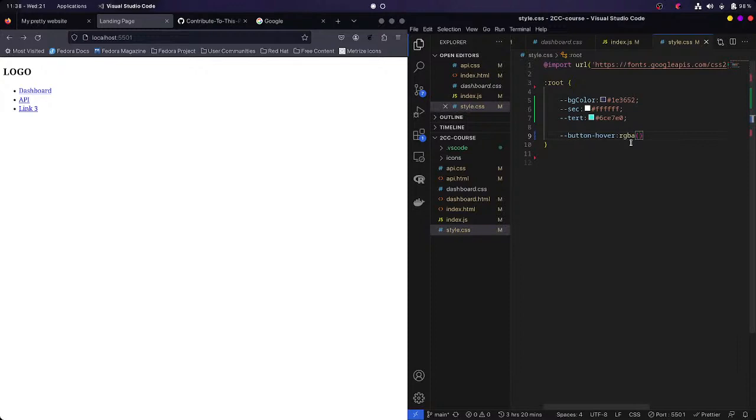But these are predefined. You cannot create a new function. You can create new variables, but you cannot create a new function in CSS. They come predefined. This is the RGBA function. It basically takes the red, green, blue and the alpha channel value